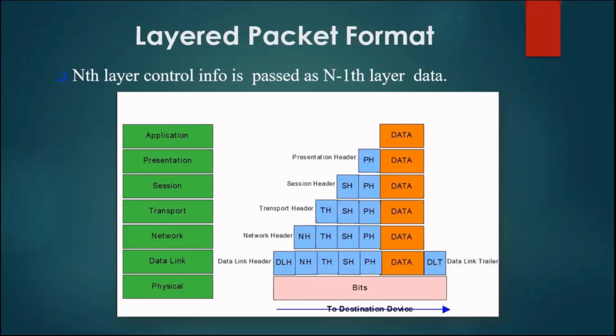And when it is received on the other end, everything will try to rip apart every other piece of information. The data link layer will look at its information, take it off, then push it up. The network layer will look at the network header information, rip it apart, push it up. The transport layer looks at the transport header, takes it off, pushes up the session header. And that's how the application layer will present the data to you,